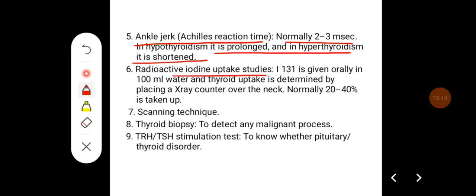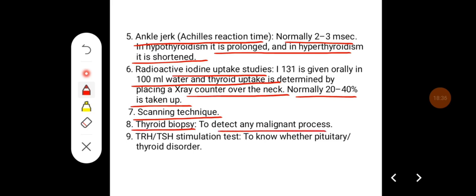Radioiodine uptake studies: iodine 131 is given orally in 100 ml of water and thyroid uptake is determined by placing a counter over the neck. Normally 20 to 40% is taken up. Then there is the scanning technique, and thyroid biopsy to detect malignant processes. TRH or TSH stimulation tests are also done to know whether pituitary or